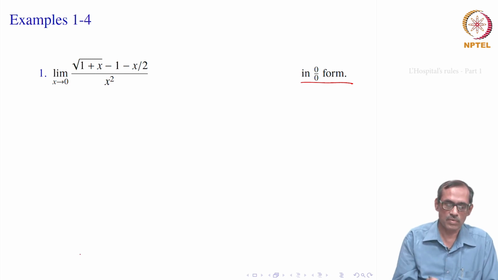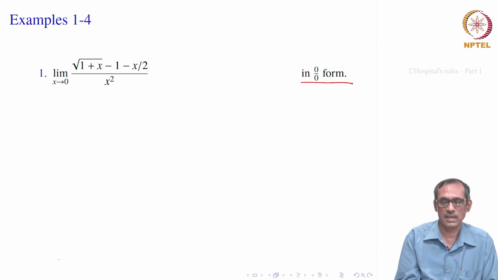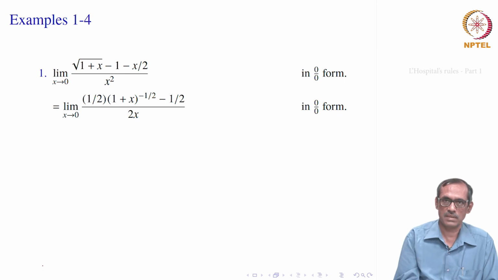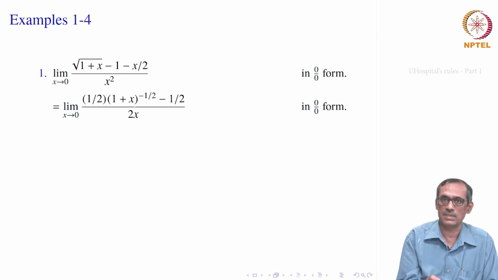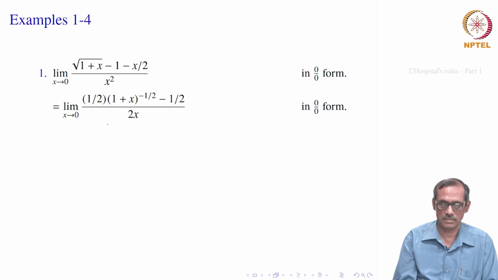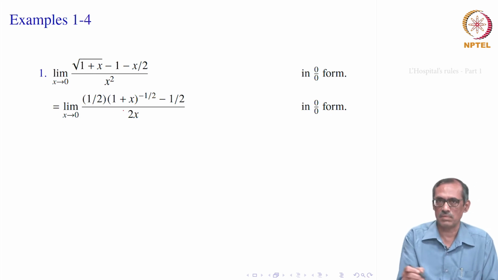Therefore, we say that this limit, if it exists, will be equal to the next limit, where we can differentiate the numerator and denominator independently. So, we will just write this limit is equal to this, but it is conditional. Remember this, it does not say that the limit exists and this is equal to this, it says the other way. If the second limit exists, then the first limit also exists and they are equal. That is what this equality symbol says. Okay, so keeping that in mind, we write such equations.